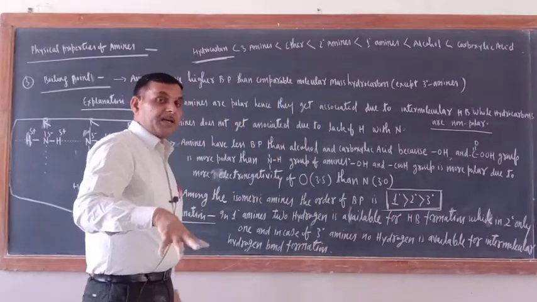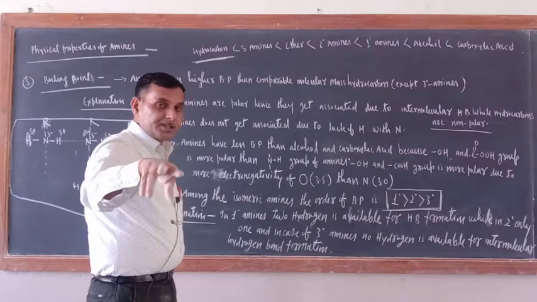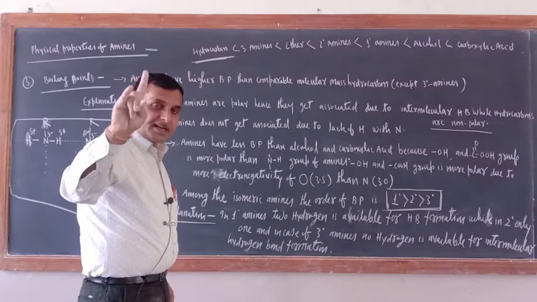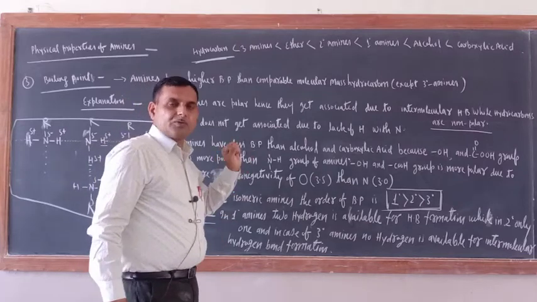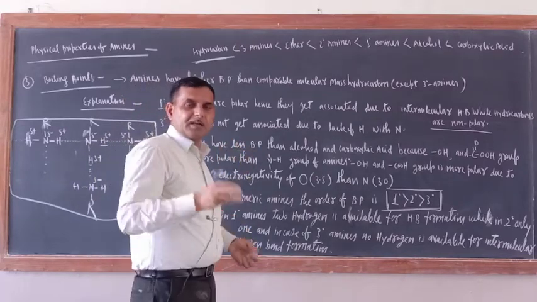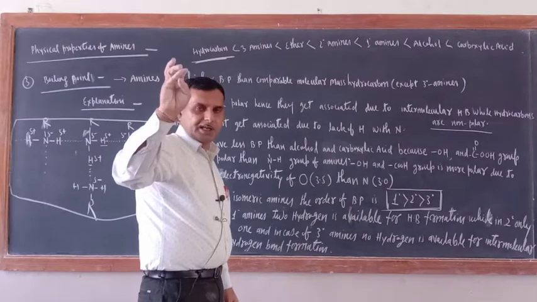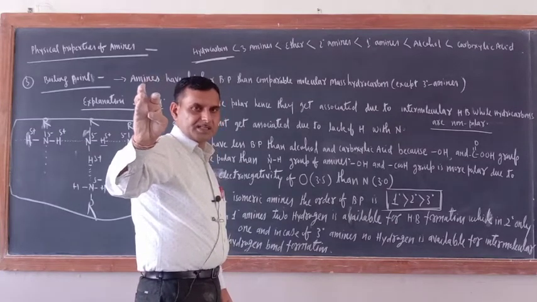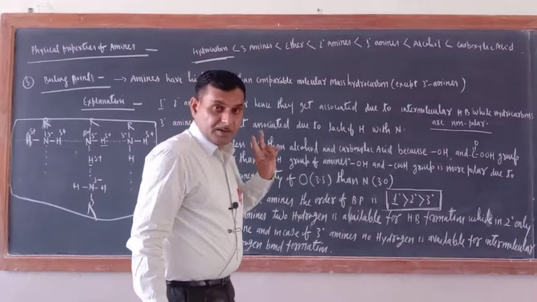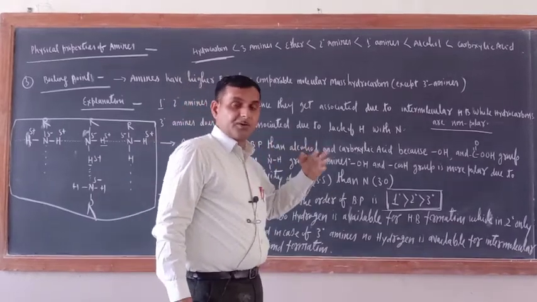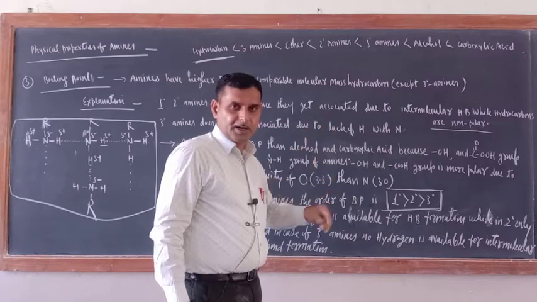So ultimately, what would be the order? Now in this pre-board exam, in set 1, you have got one question. What was that one? MCQ type of question. They have given the ether, they have given 3 degree amines, 2 degree amines and 1 alcohol. Okay, 1 degree amines they have not given. They have given alcohols and they asked what is the correct order for the boiling point.